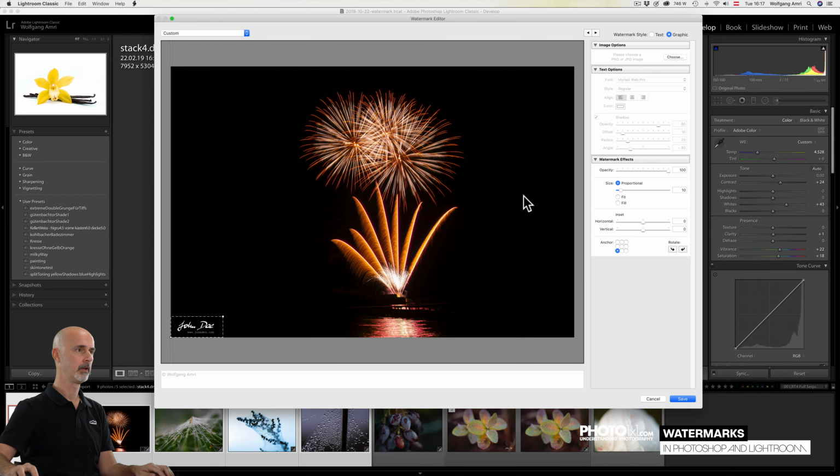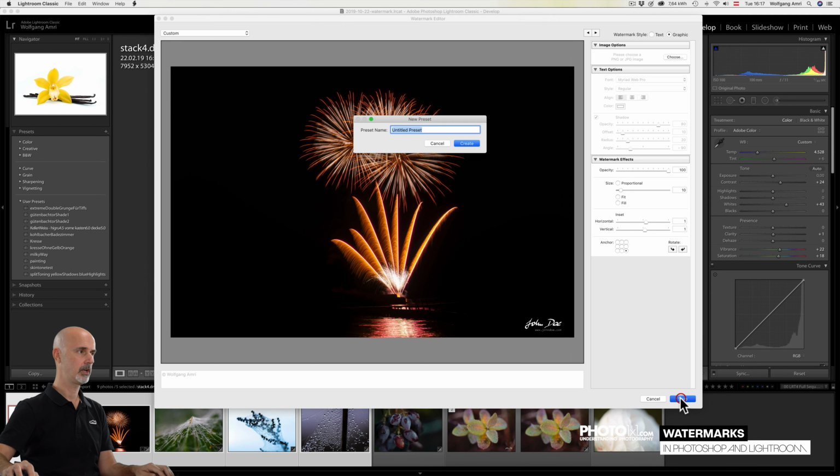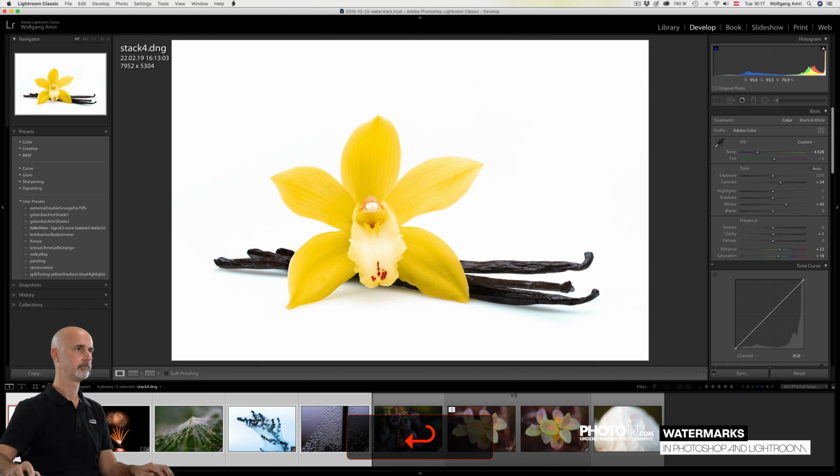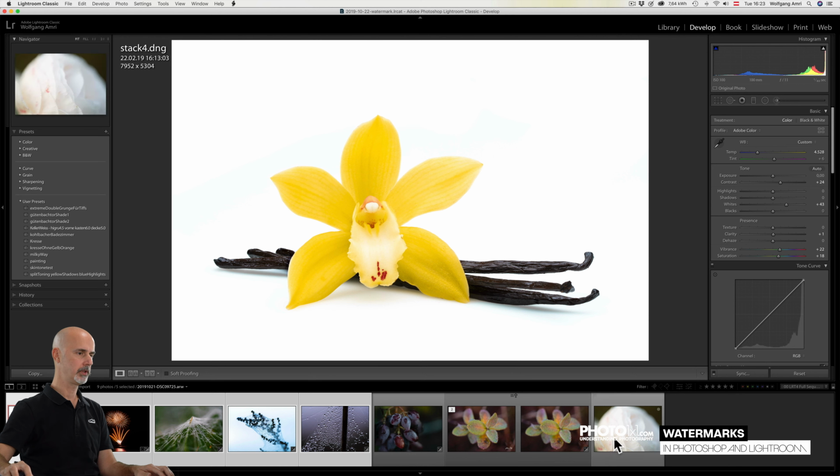Now it's there. I'm going to choose Anchor Right, play with the insert a bit. The rest is fine. And hit Save. And I'll save it with the name Watermark signature white, create. Now that we have white and black watermarks, all we have to do when exporting from Lightroom is